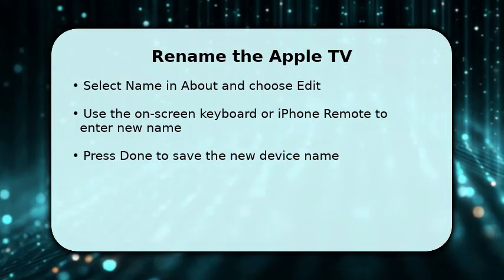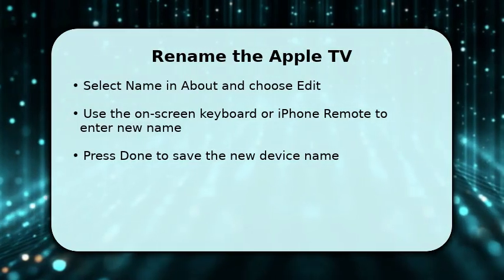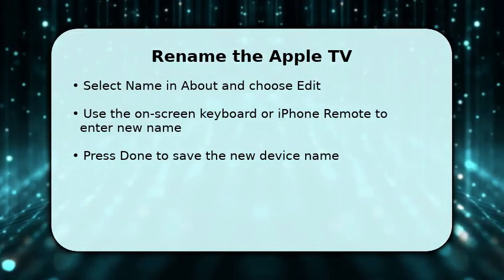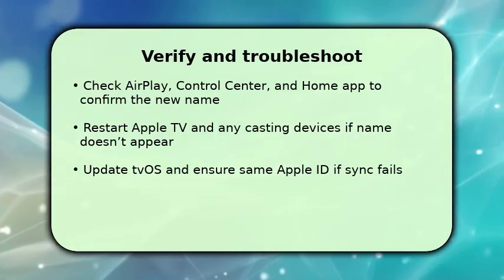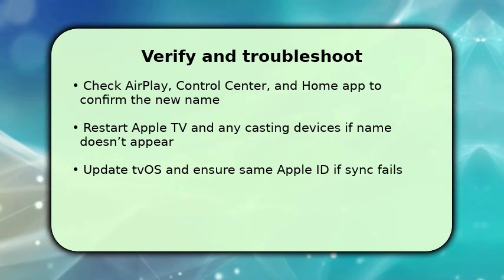If you use the Home app, open the Apple TV accessory, edit its name field, and save. You should now verify the new name appears in AirPlay menus, the Home app, and Control Center. These confirm system-wide propagation. If the change doesn't show up, restart the Apple TV and the device you're casting from,